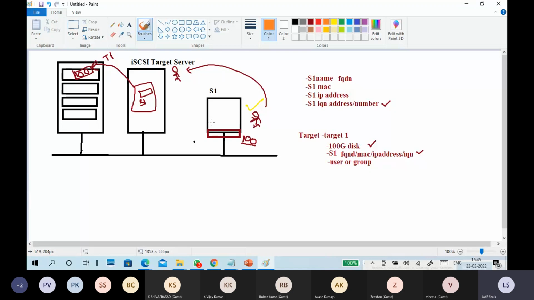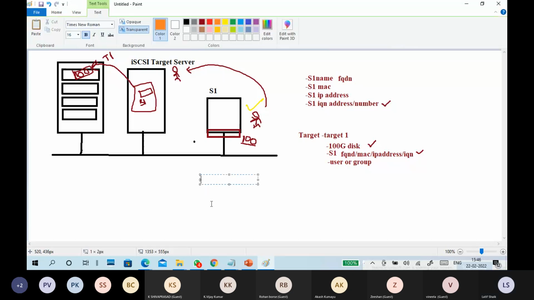We'll see now. The request is completed. Now access, from the client side. So if this is our server configuration, this is the client configuration. I'm writing S1.